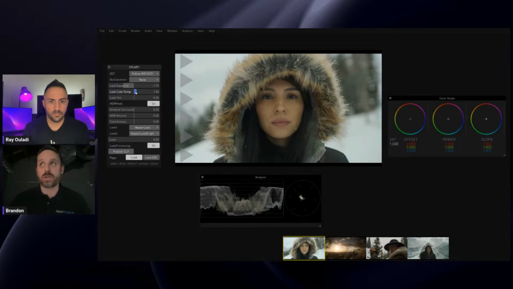Then I've got the color temperature, so I can start to grade my film, and I can change the look color temperature. I can go super warm. Doesn't look warm where she is, so I want to make it a little bit cooler to emphasize what that is, and then you can modify the tint. Don't want her to look too green, so I'm going to pull some warmth back into her face and the image.